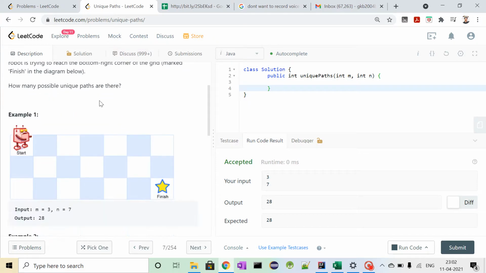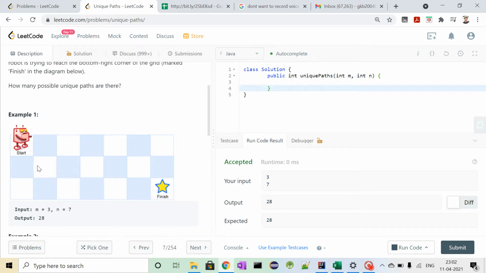I am just quickly going to discuss the dynamic programming solution of this problem. Let's consider a block, this. The number of unique paths to this block is the sum of the number of unique paths to reach this block and this block, that is, the blocks that I am pointing at here.